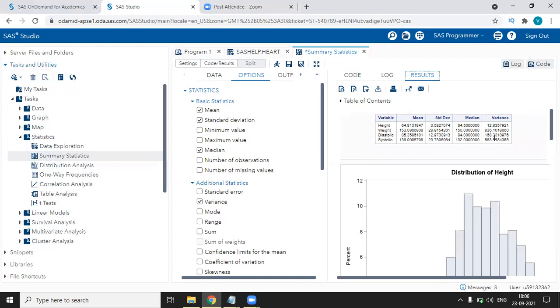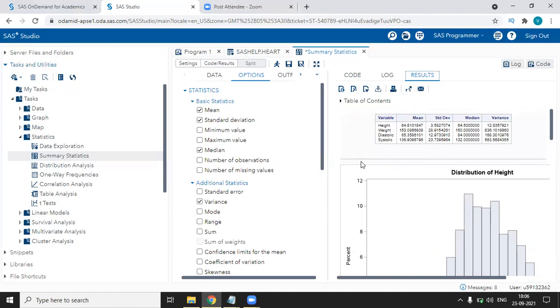Now you can make a conclusion from this table, like the variance you can see in the last column, that is variance column. The variance is minimum in the height variable. All other variables have a little bit higher variance. From this, the weight variable having the maximum variation, 836.10. This tells us that the weight variable has a maximum variation in the data set. So this is all about this table.